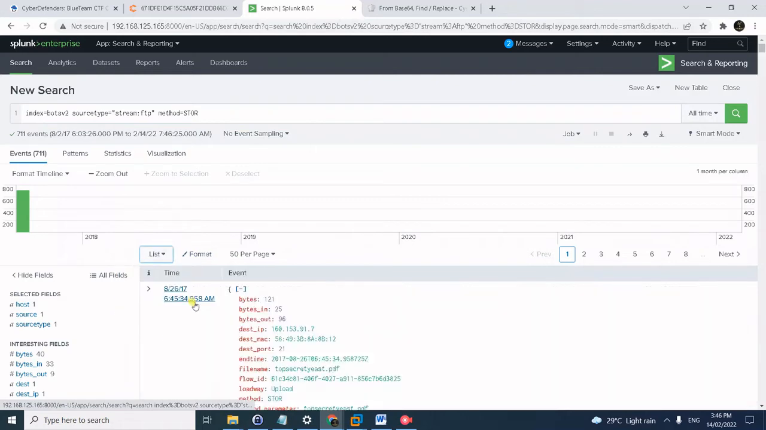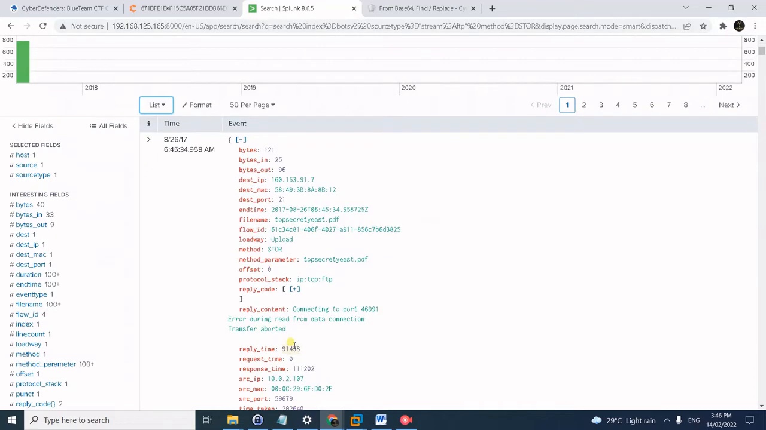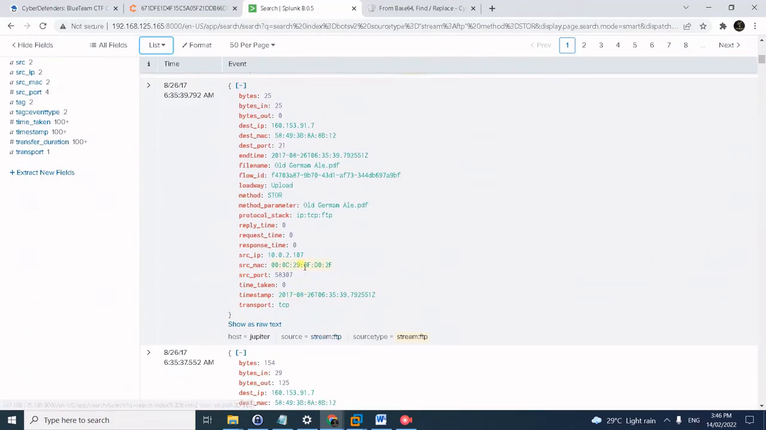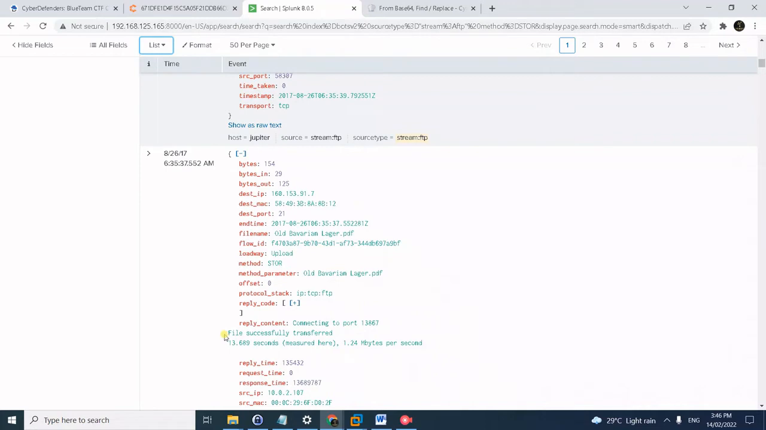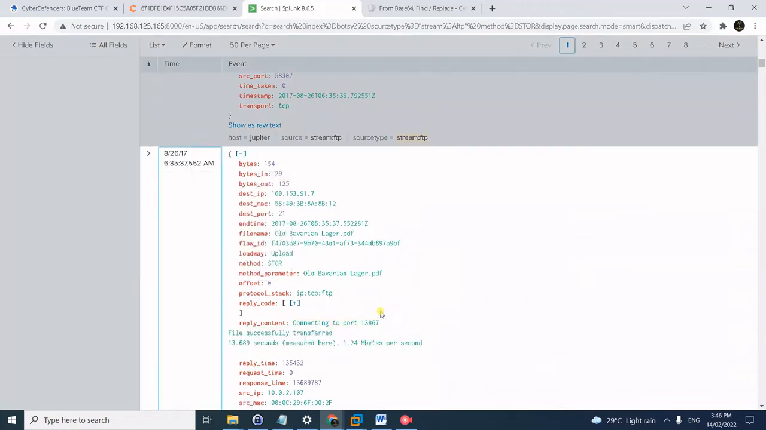We can actually see in the reply content something like this: file successfully transferred. Meaning we are specifically looking for events that have this content. Meaning there are successful upload events that happened. So next,